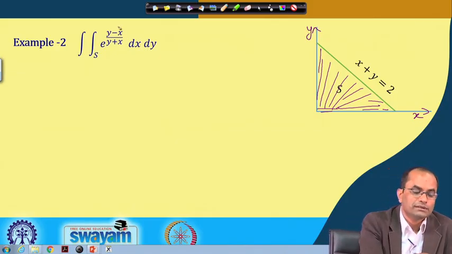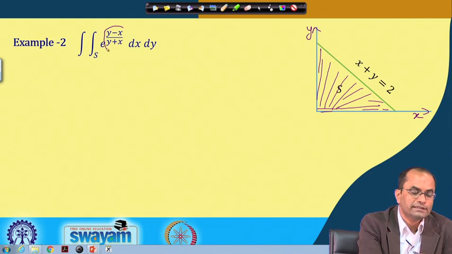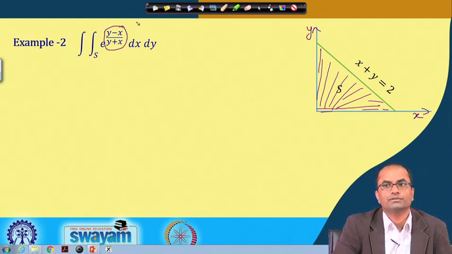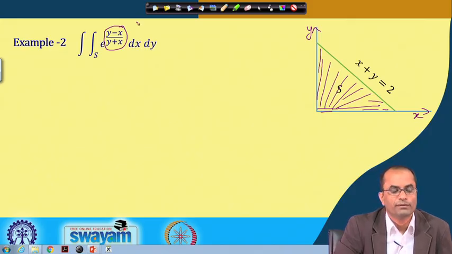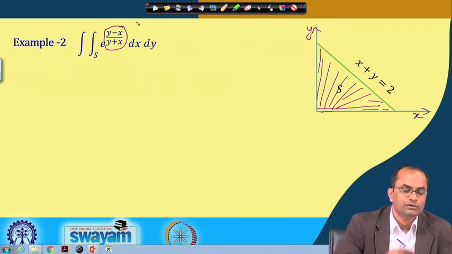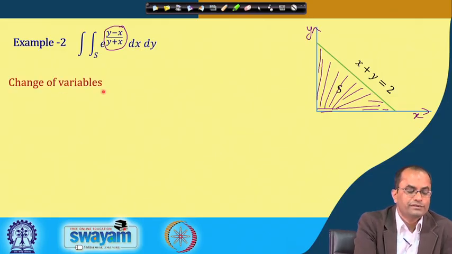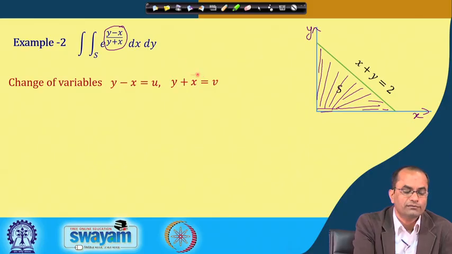So, the suitable substitution looking at the integrand seems to be y minus x and y plus x. So, if we give a new name to y minus x and also to y plus x, then perhaps this integral will become easier to compute. So, if we change the variable, y minus x we substitute as u, and y plus x we substitute as v,